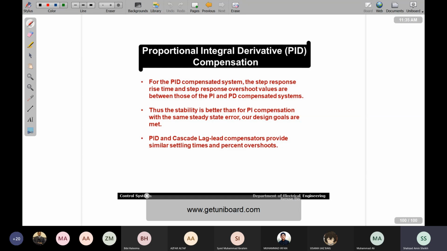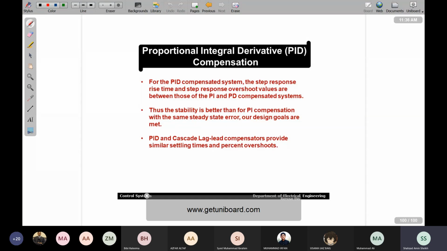Then we move towards cascade lag compensation system or controller. In this case, the transmittance was k into s plus a over s plus b, where a, k, and b are constants, and we are assuming that a is greater than b. So in this case, what will happen? Since a is greater than b, your pole is located at b, your zero is located at a. So as a result of that, your pole is on the right side of the zero, which means it is closer to the omega axis. So relative stability when compared with uncompensated system is reduced, and at